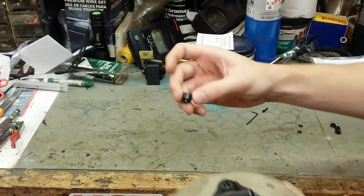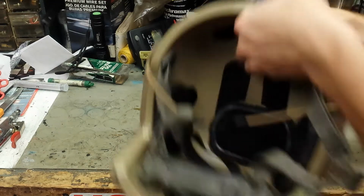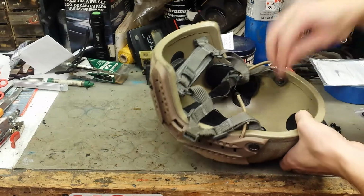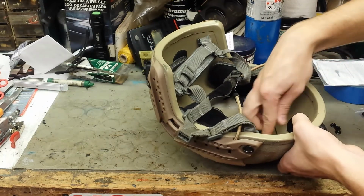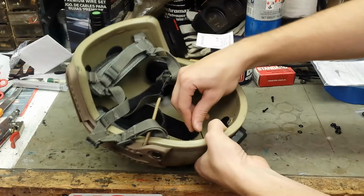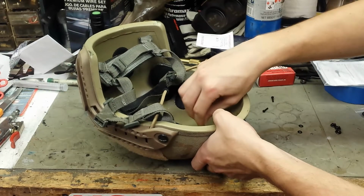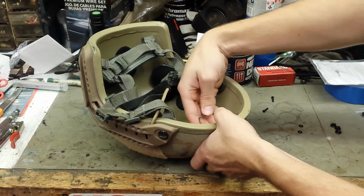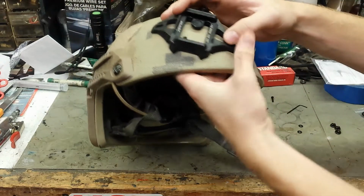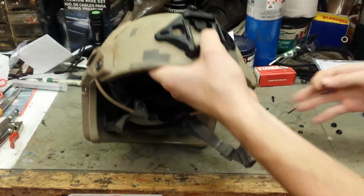Now I'm going to take the lanyard piece, and I'm just going to turn that 1 or 2 times, just so the screw won't fall out into the helmet and possibly lose it. So once I have that, I will just turn it. A little piece of tape fell out. I'll just turn it a couple times, so I still have plenty of room, but just enough so that the screw won't really fall out. So once we have the top on, I personally like to do the top first before any other ones,